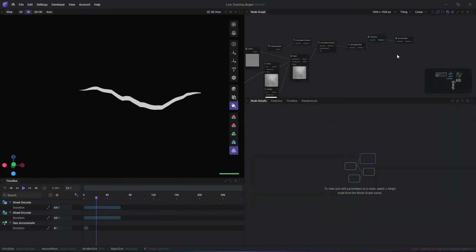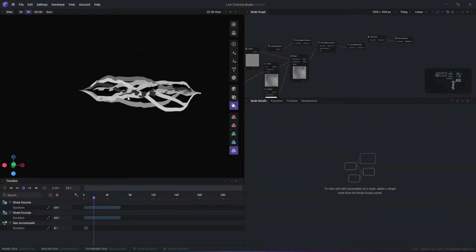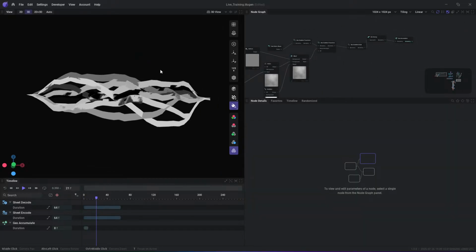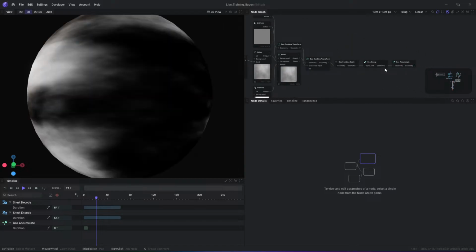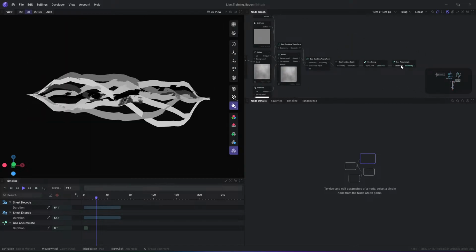So this right here is kind of that, and then we can go ahead and accumulate that geometry, and there's our accumulated lightning strike. So like I said, and Danger in the chat says this has potential. It does have potential. It's kind of buggy from time to time, and it does take learning what each of these things do,